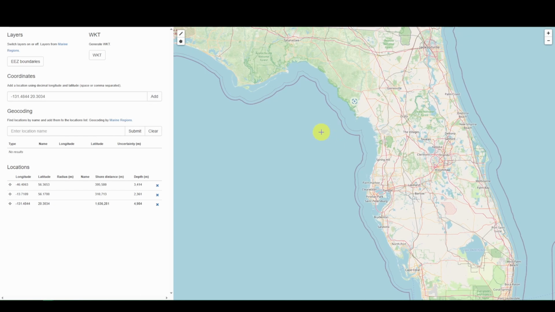If you would like to add a line, we're going to simply select the line tool and then click on the map along your transect, and when you are done, simply click the last point to finish the line. Similarly, you can create a polygon by clicking on the polygon tool and simply click each point until you are satisfied with the area coverage, and then click the first point again to close the